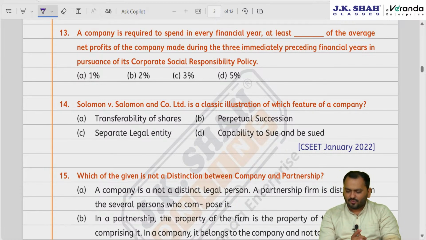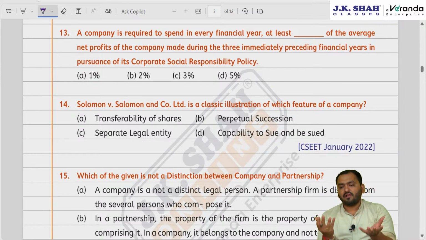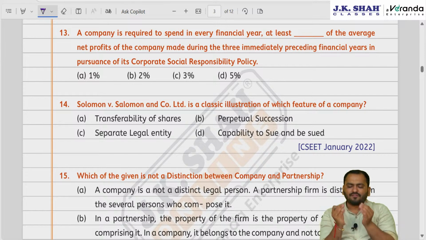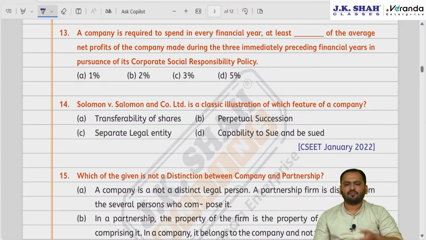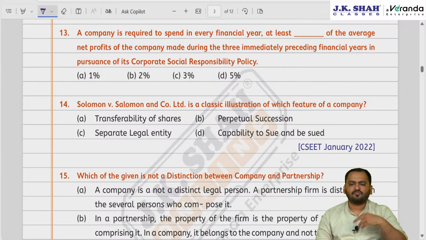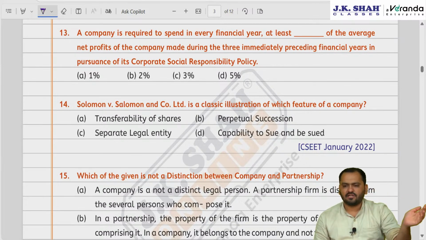But right now, to answer this question, see, what is CSR? Company makes profit. So out of that profit, company has to spend a certain amount for the benefit of society. That is called corporate social responsibility. You must have seen there are so many companies, you know, the benches in the park, the dustbins at railway stations and different places.